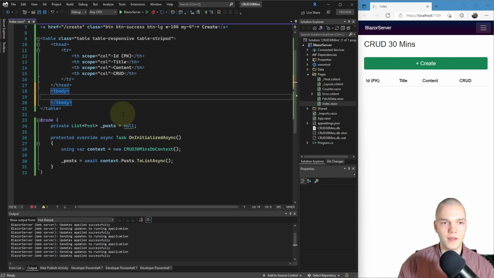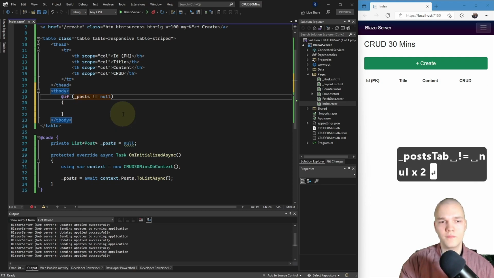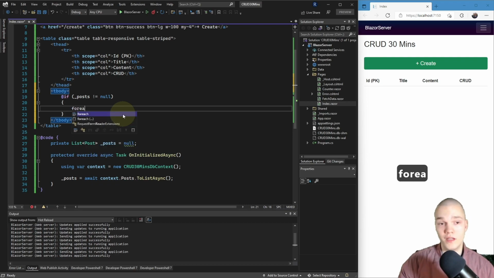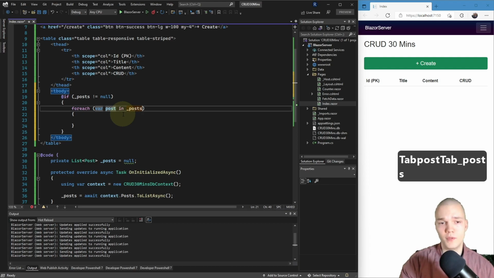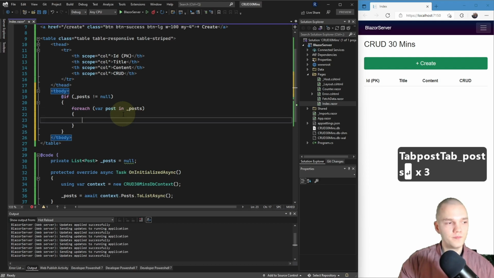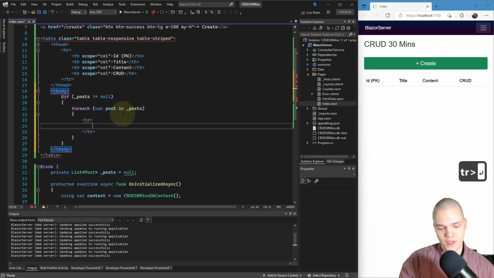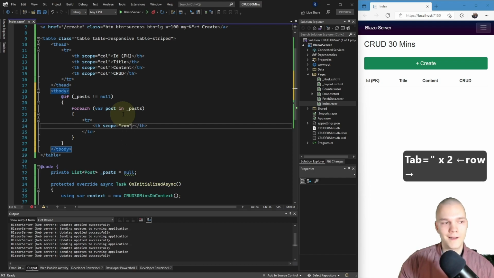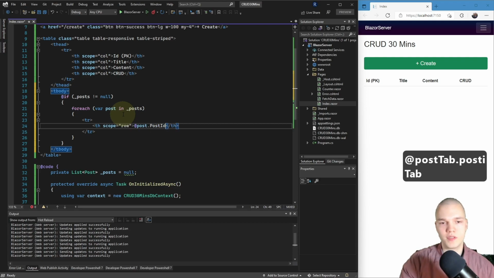Then I'm gonna add the tbody, and then I'm gonna do an @if. So if _posts isn't null, then I want to do a foreach: foreach var post in _posts, I want to add a table row. I'm gonna add a th for that and set the scope to row, and that's gonna be the @post.PostId.